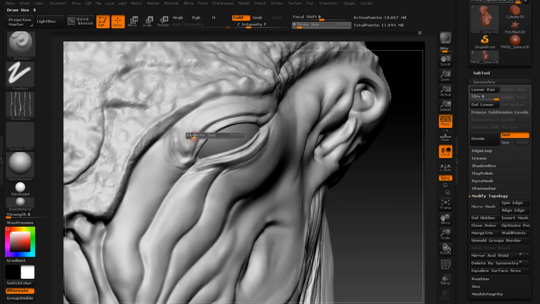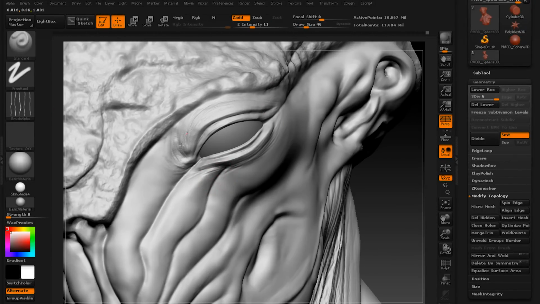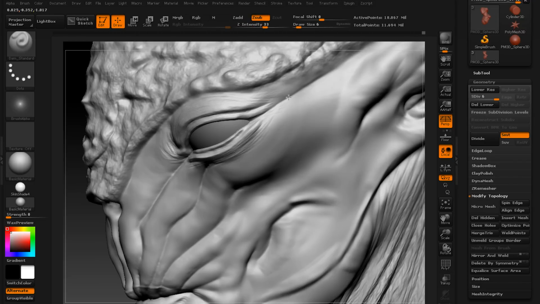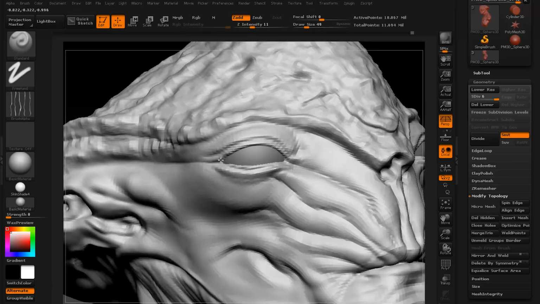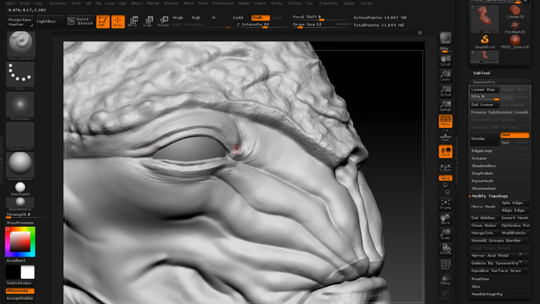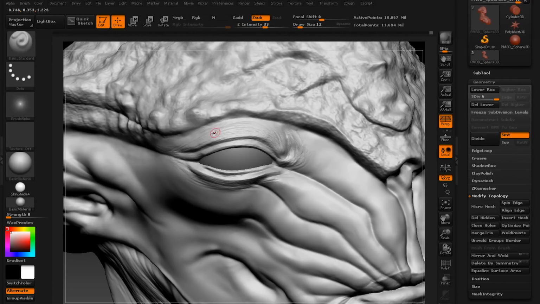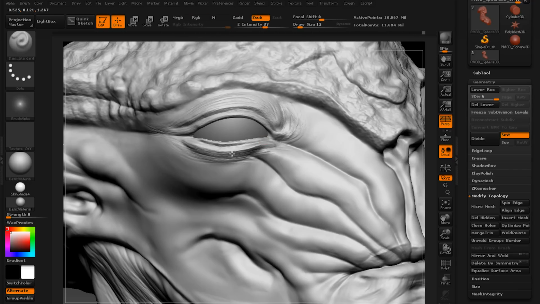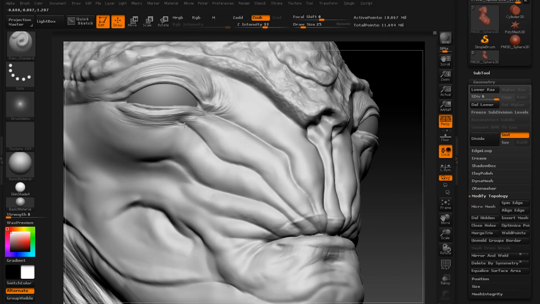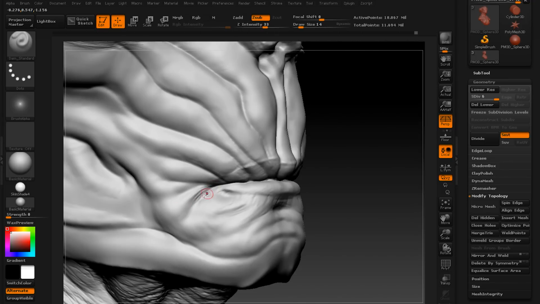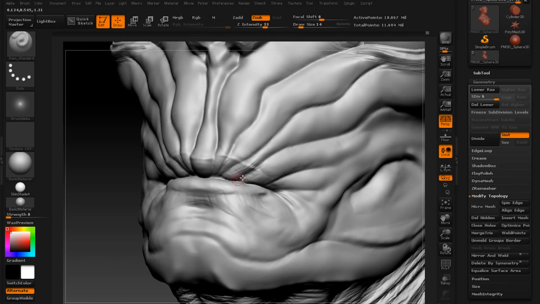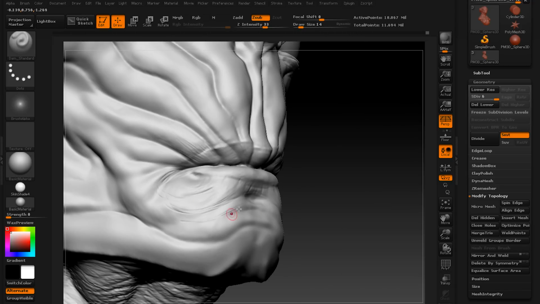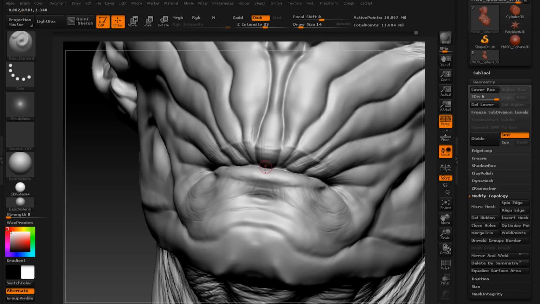You can either just do something and then smooth it out a bit and then do another pass, or you can use layers within ZBrush. It's a tab that is located under the geometry tab, and we'll get to that later because I use them as well. Okay, so here I'm starting to manually detail mouth areas,